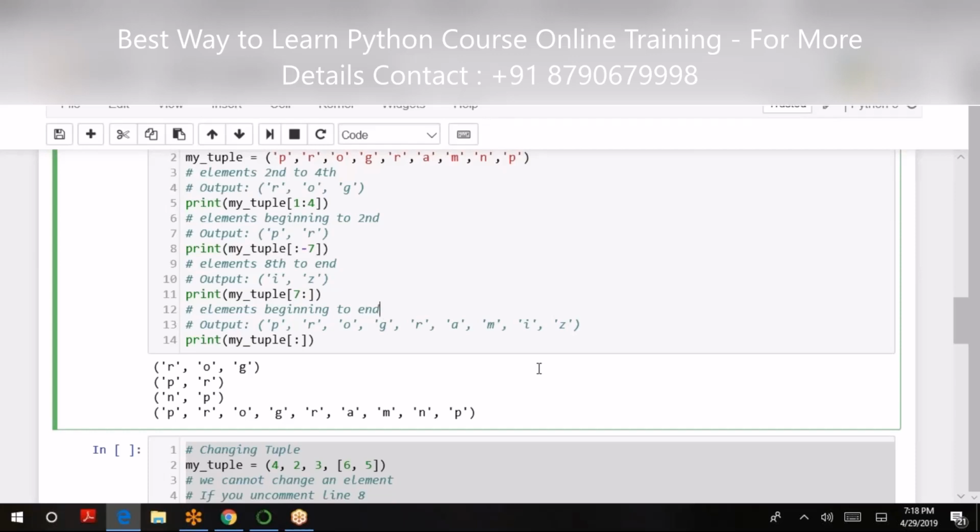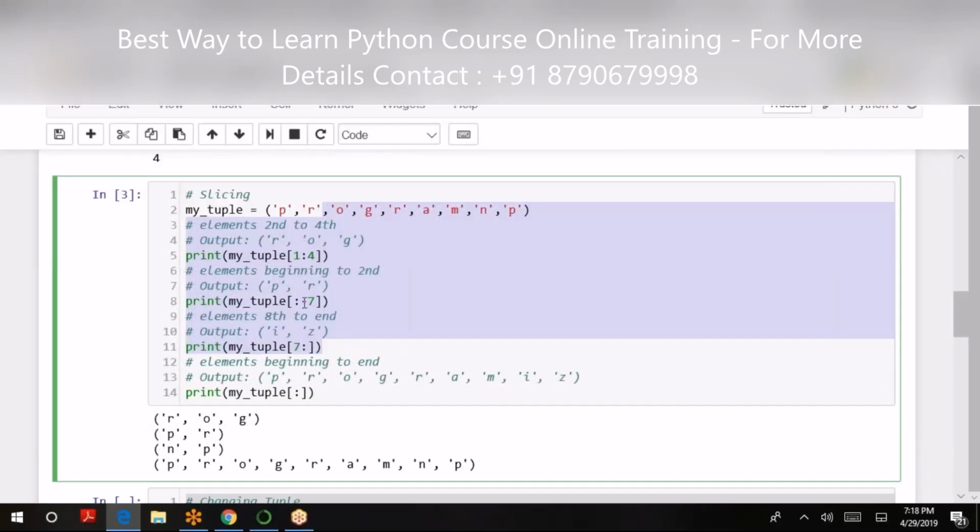Sorry, -7 means the r and p values. And plus 7 will be the n and p values. Plus 7 is fine. So minus 7 is colon minus 7, right? Everything before that. No, -7 to end, everything after that. Minus 7 to end. Yes, it makes sense. N and P values.